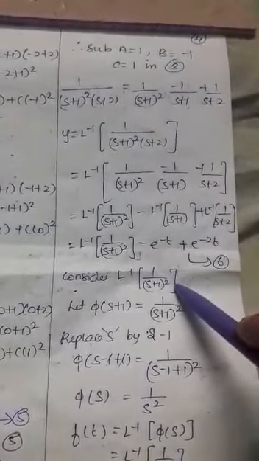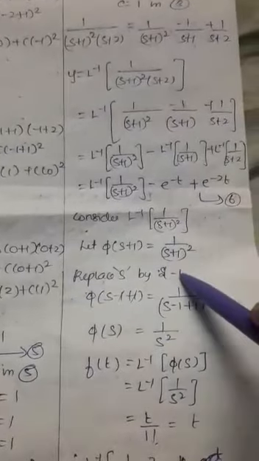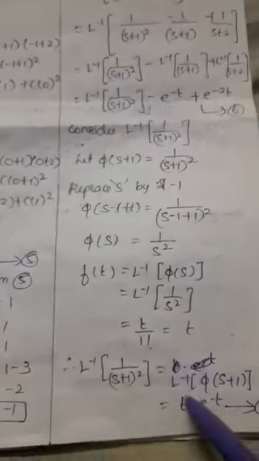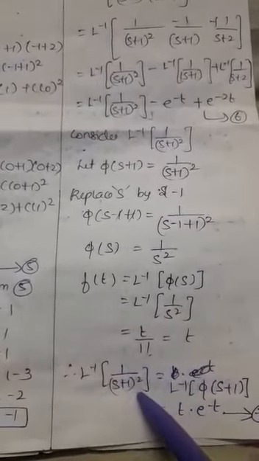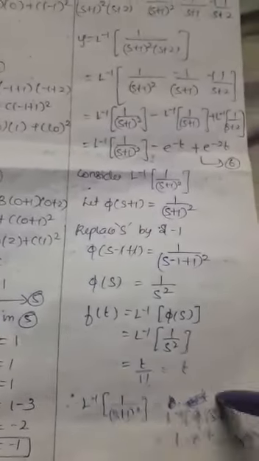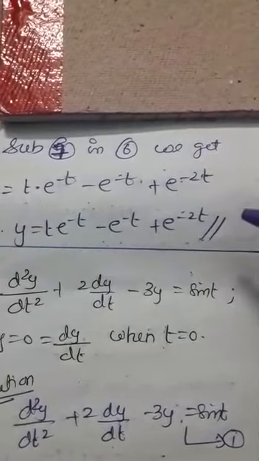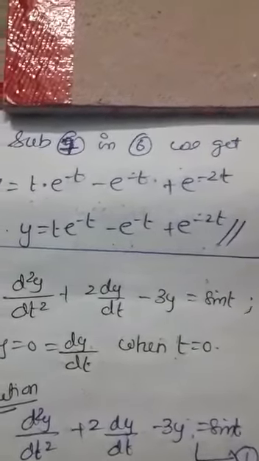This part again I am doing from exercise 4, which is at the beginning of the inverse. I am taking the denominator to be phi of s plus 1, that is 1 by s plus 1 the whole square, replacing s by s minus 1. Then all this methodology I will apply, and the last step I will take as L inverse of 1 by s plus 1 the whole square equal to L inverse of phi of s, which we have studied in the exercise. That exercise we are applying here. So t times e power minus t, I apply here. So the final answer will be y equal to t e power minus t minus e power minus t plus e power minus 2t. That's it.